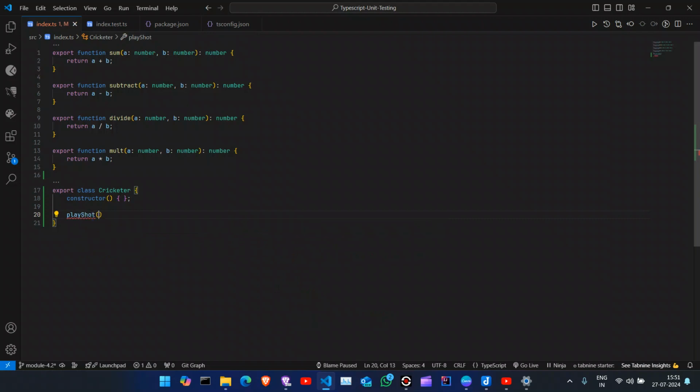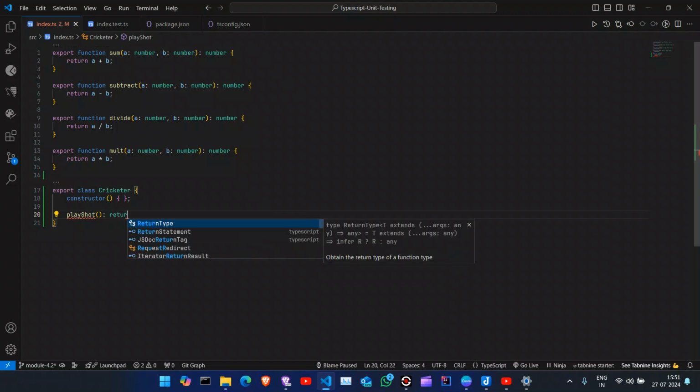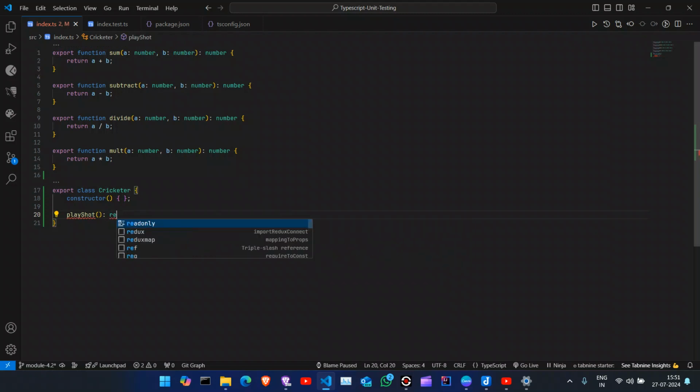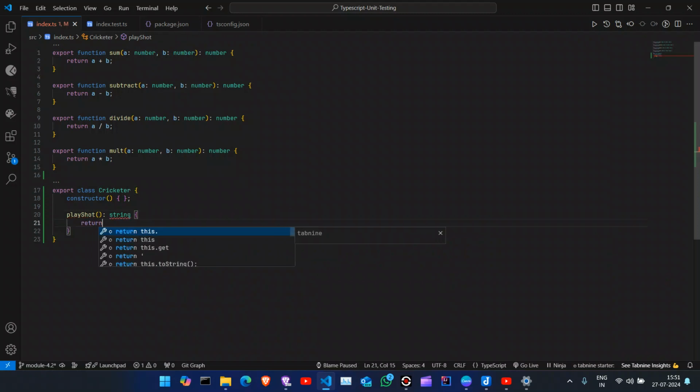Play shot, or let's say it returns a string. Return "shot played". Alright,